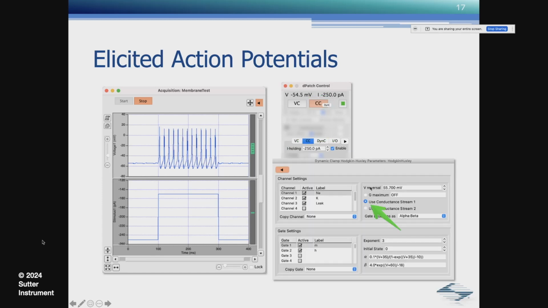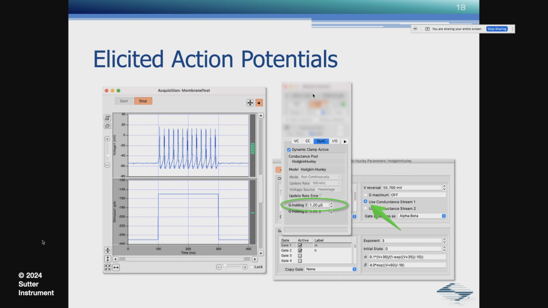And then what I'll do is, with the Hodgkin-Huxley model loaded here, I will not use a constant holding conductance, but I will use what's called a conductance stream, where I can, in essence, change the holding conductance during my experiment using the D-Patch control panel. I'll explain that a little bit in the live demo.